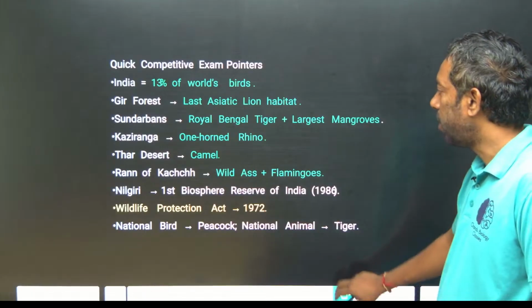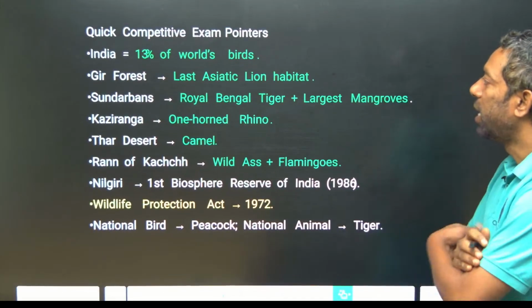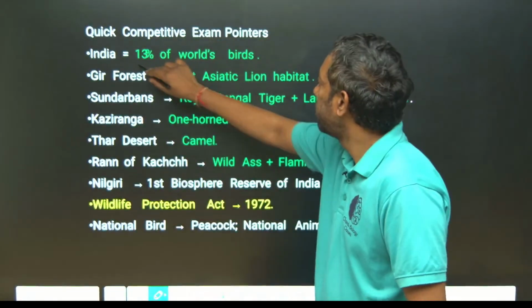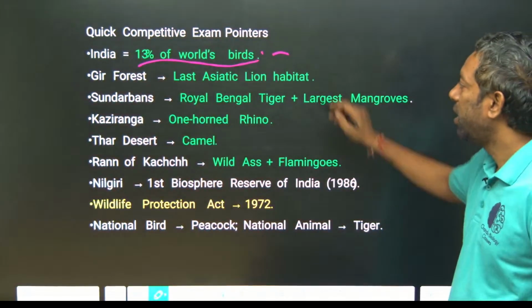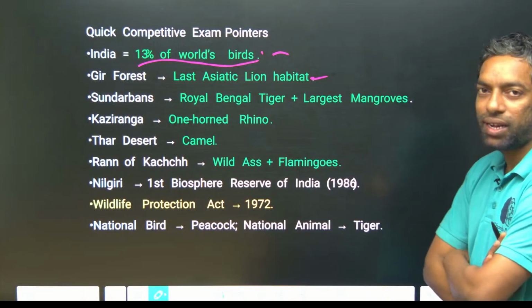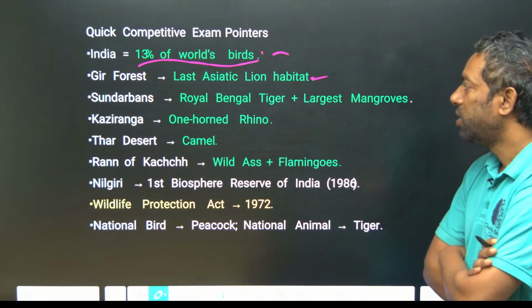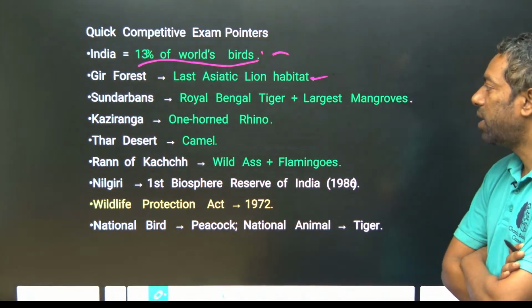For competitive exam purposes, these points are most important. India has 13% of the world's birds, guys. Gir forest is the last Asiatic lion habitat. Sundarbans: Royal Bengal tiger and the largest mangroves. Kaziranga: one-horned rhinos.